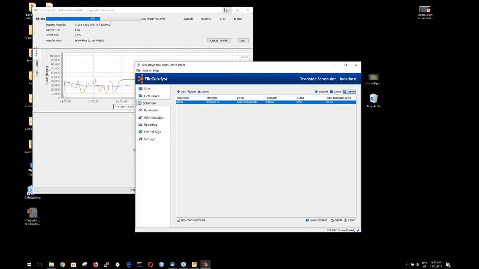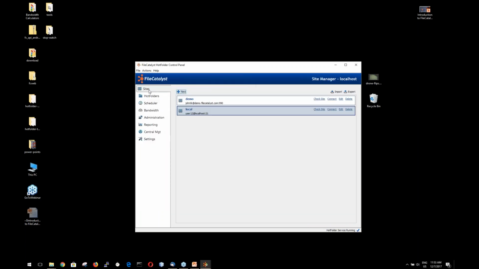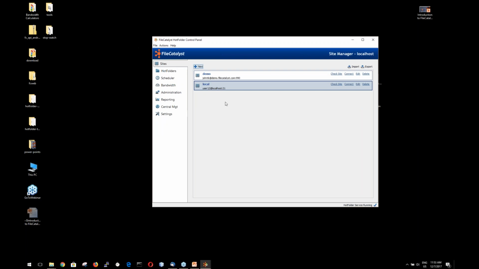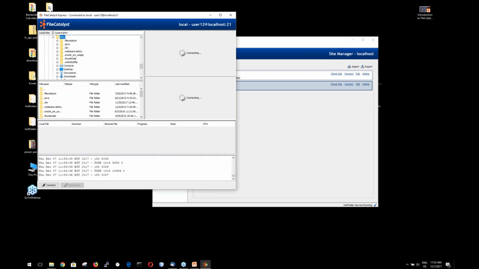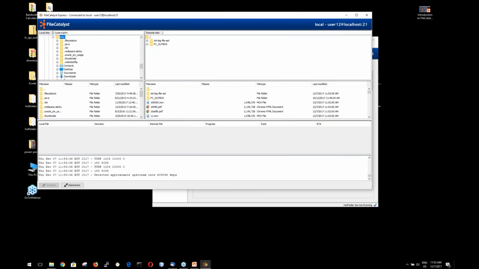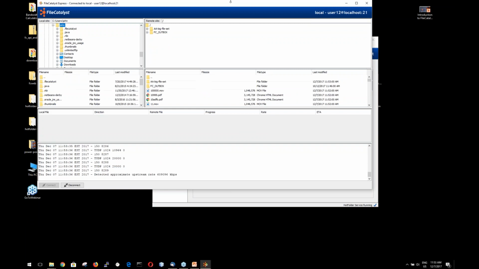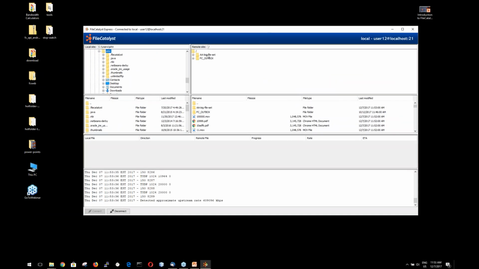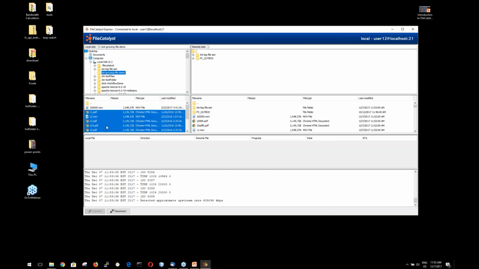Oh yes, I wanted to talk about the basic functionality of the desktop transfers. So one thing that hot folder can do, if you don't wish to do automated tasks, you could just create a whole bunch of sites in hot folder, and then once you have those sites, you can click on the connect button here, and this opens an interface similar to FileZilla, where you can move files. So you can see here, I can now connect, and I can move files easily just by selecting